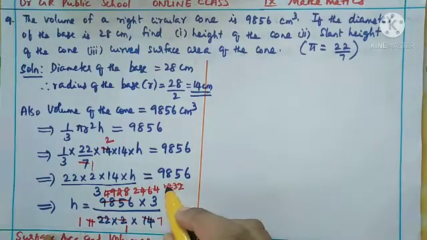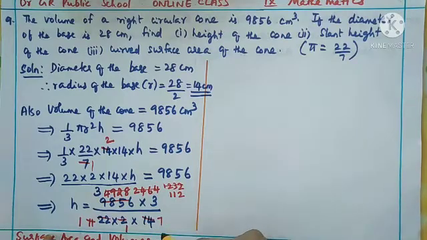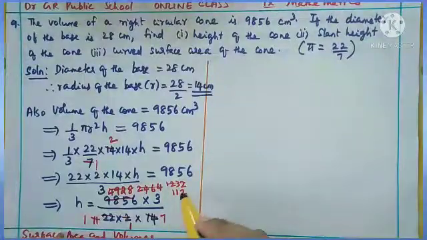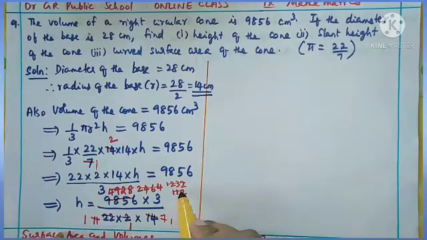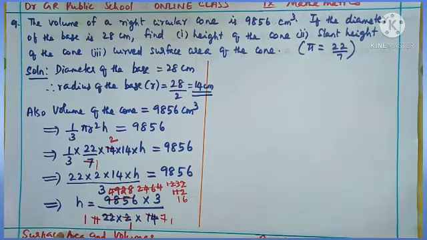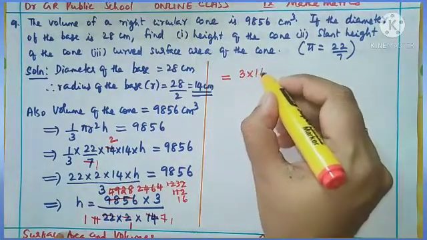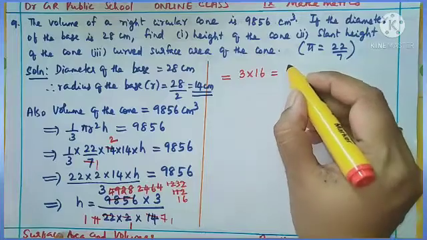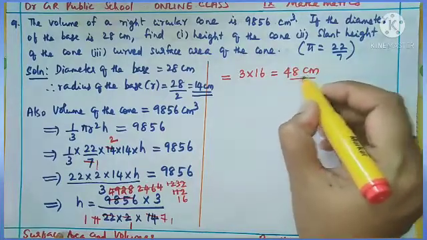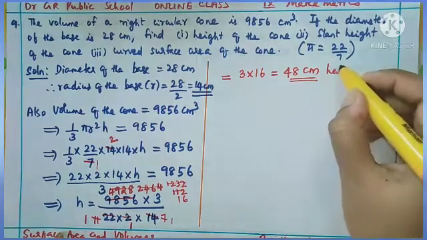Now this 11 and 1 2 3 2 you can cancel by 11 table. Here 1 11 is 11, balance 1, 1 11 is 11, 2 11s are 22. And 7 and 112 again you can cancel. Now you got this 7 and 112, it can be cut by 7 table. 1 7 is 7, here 1 7 is 7, balance 4 42, so 6 7s are 42. So here what is the remaining, children? Here in the numerator 3 is there and 16 is there, therefore 3 into 16. What is 3 into 16? 48.